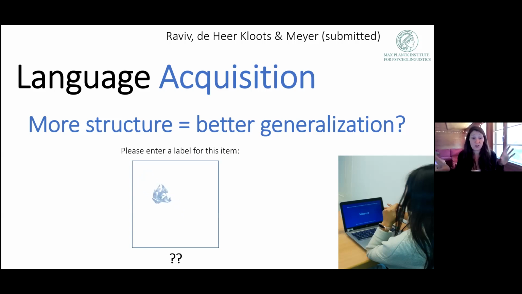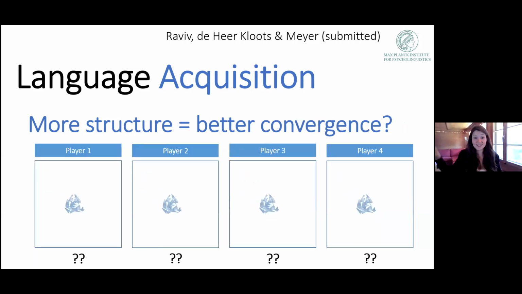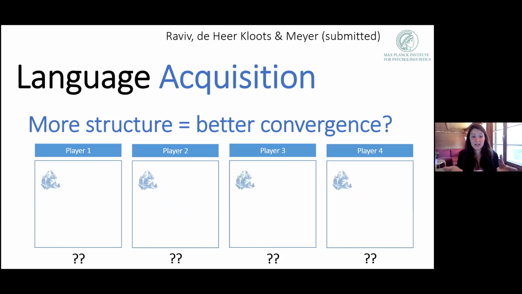Participants could do anything they wanted in this test, so there was no right or wrong. They could make totally new words if they wanted, so not generalize at all. They could use homonyms, so replicate words that they already learned. They could combine words. They could use the rules of the language if there were any, basically do whatever they wanted. And then I looked at the generalizations of different participants who learned the same language and asked, okay, how similar are these? Do different people generalize to new scenes in the same way and use the same words, despite never interacting with each other?